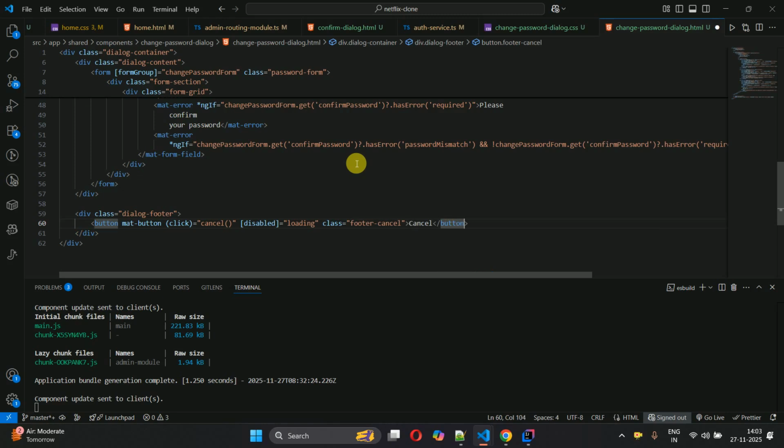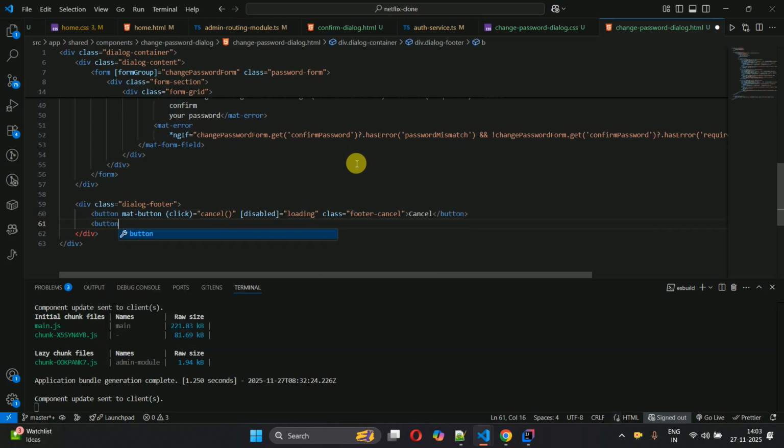and we have one more button which is to submit this form. So button mat-raised-button color primary, and on click we are going to call the submit form. We can also use ngSubmit, or we can also use click. So these are two different ways, and I just want to show you guys, so that's why I've added it. So disabled, and then we have changePasswordForm.valid. We are going to check valid or loading,